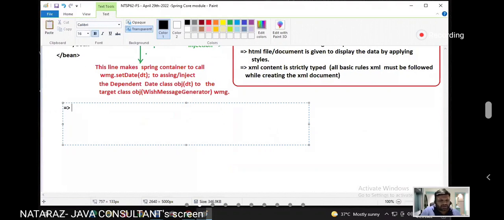In the Spring container, we should always take the class name with the package name, because different classes can be in different packages, and the same class name can exist in different packages. So you should give clarity.